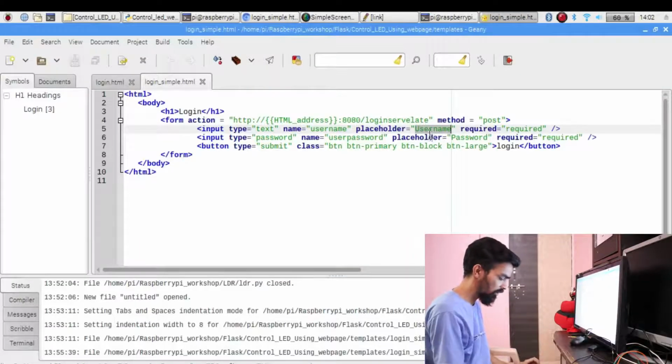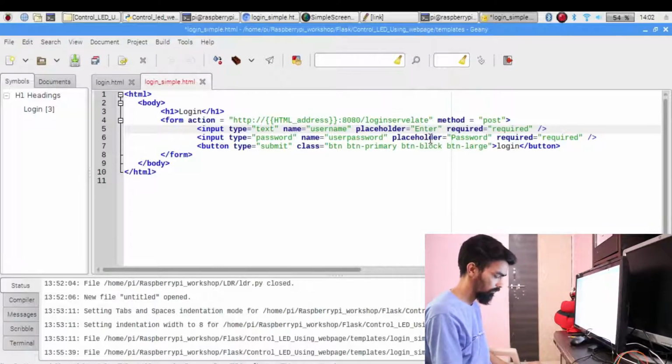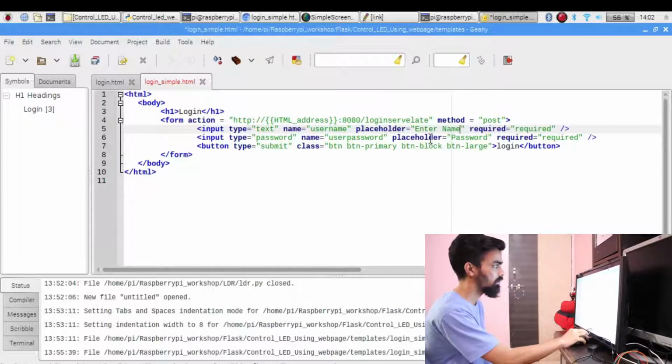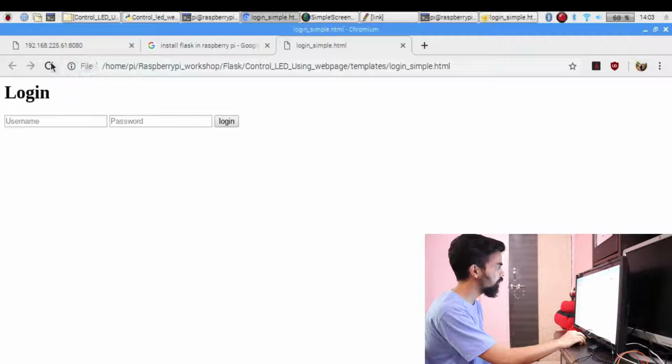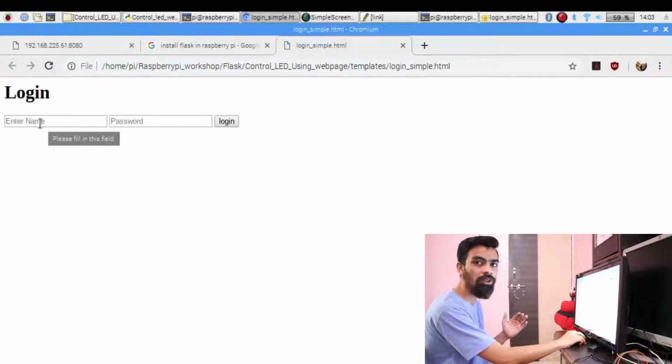So if you change the message here, like enter name, and save this, again go to the login page and reload it, you can see the enter name will appear. So it is basic information to the user about what information you need to enter on the web page.